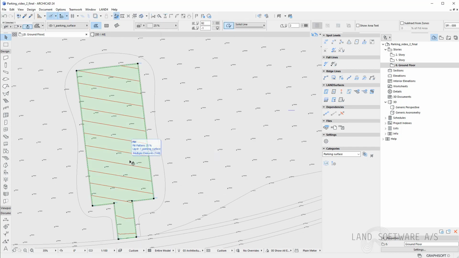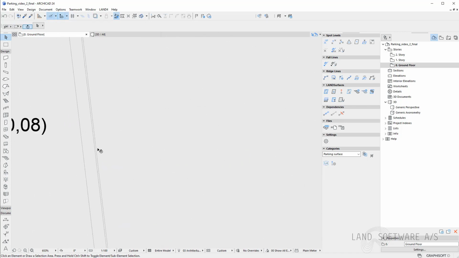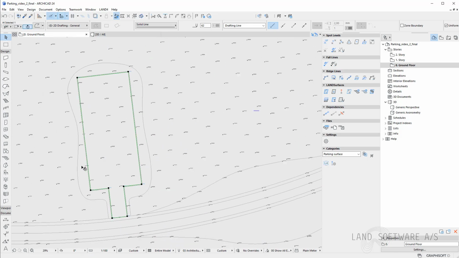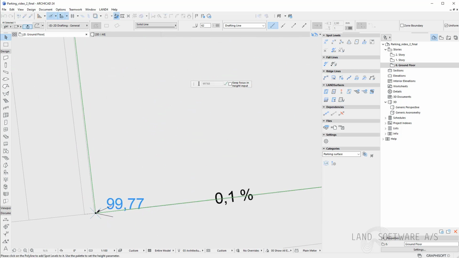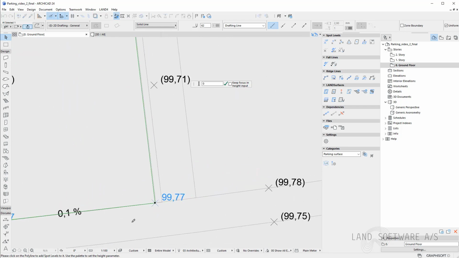Now I have my parking surface defined, and I'm happy with the spot levels, I can continue and create the ridgeline defining the parking surface. So I will just need to select it and press the create ridgeline function and start adding each of the spot levels to the line.